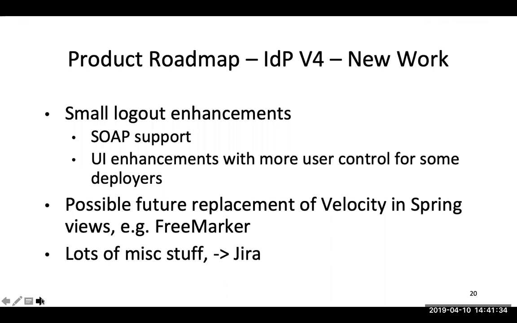We're evaluating future replacement of Velocity for a lot of the view templates that we have. That's because of a decision that Spring made to drop support for Velocity. We have that support backported. We can continue to maintain it for compatibility, so it's not going anywhere anytime soon. But the actual Spring reference implementation for a template view language is FreeMarker, which is pretty similar to Velocity, but not exactly the same. So we have a work task to evaluate that and decide if we really think that replacement of Velocity is warranted from a maintenance point of view, or if we want to just introduce it as an additional option, or how we want to deal with that. So that's something that we're looking at.